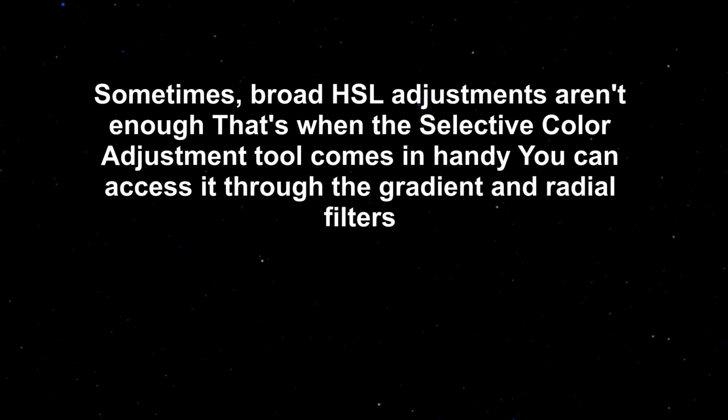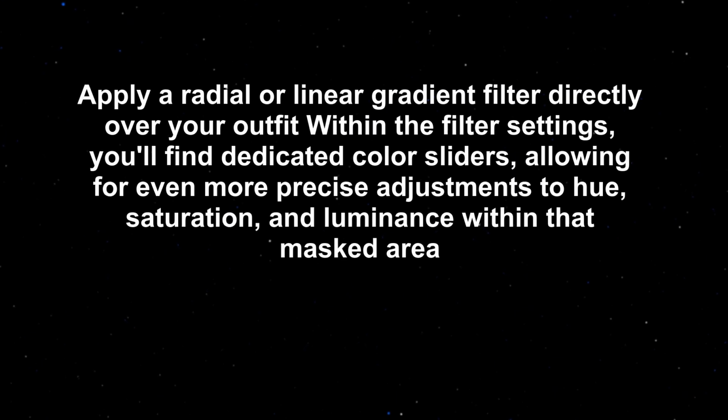Sometimes, broad HSL adjustments aren't enough. That's when the selective color adjustment tool comes in handy. You can access it through the gradient and radial filters. Apply a radial or linear gradient filter directly over your outfit. Within the filter settings, you'll find dedicated color sliders, allowing for even more precise adjustments to hue, saturation, and luminance